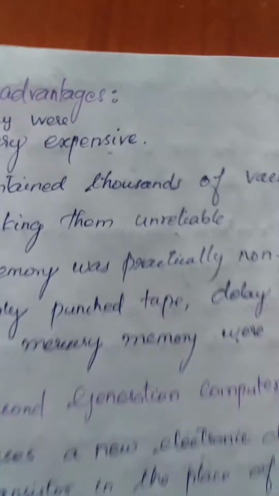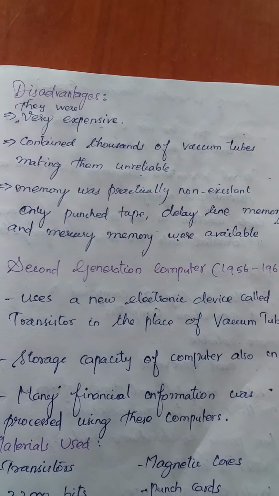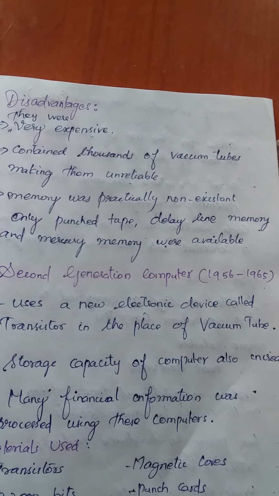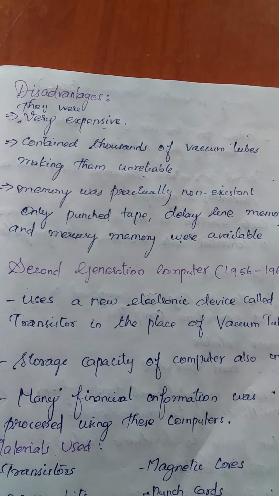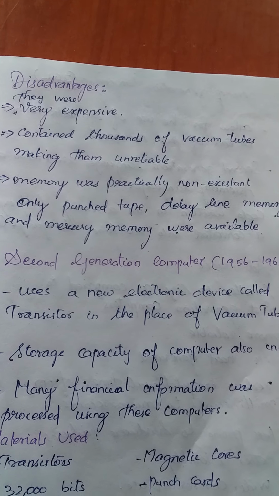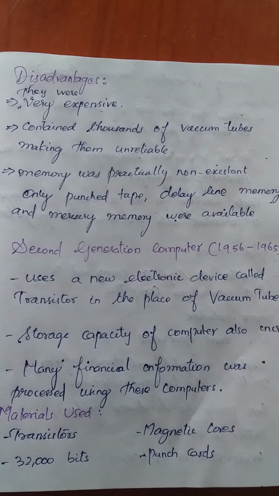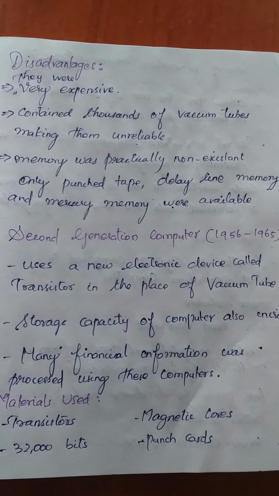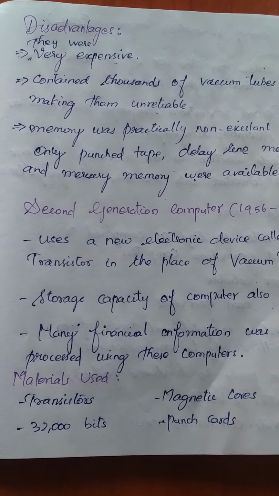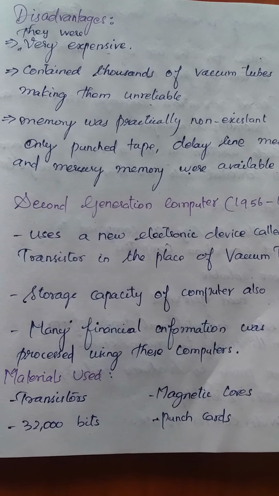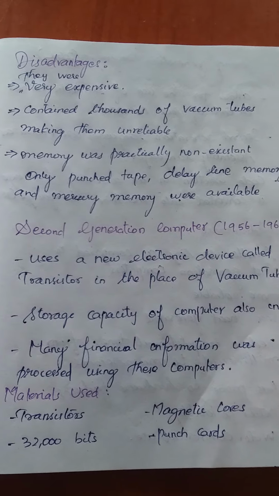The disadvantages are that it was very expensive, it produced much heat, and memory was also slow. There was difficulty in learning the language, and in case of a problem, it was very difficult to identify the problem and make changes. Debugging also became a great challenge in the first generation language.